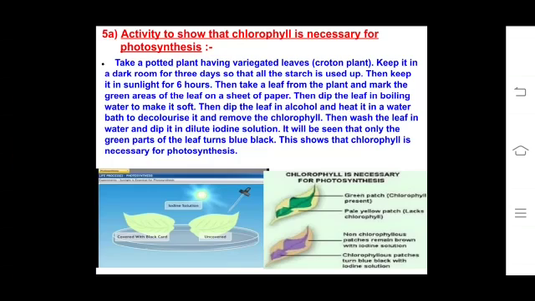So what are we doing? First taking the leaf, boiling in water, then take it out, then put the leaf in alcohol in a water bath. Why alcohol? To remove the chlorophyll. Then wash the leaf, put a few drops of iodine solution, and iodine solution will turn blue black in the presence of starch. जिस भाग में स्टार्च है उसी भाग ब्लू ब्लैक होंगे. बाकी जो स्टार्च नहीं है, नहीं प्रिपेयर हुआ, वो ब्लू ब्लैक नहीं होंगे. Did you understand that? Iodine turns blue black in presence of starch.